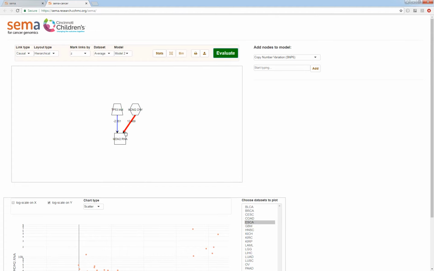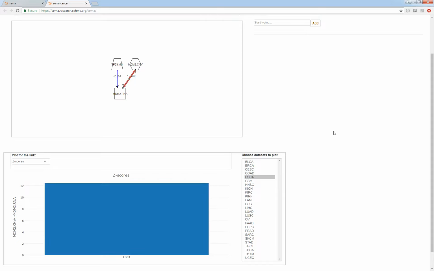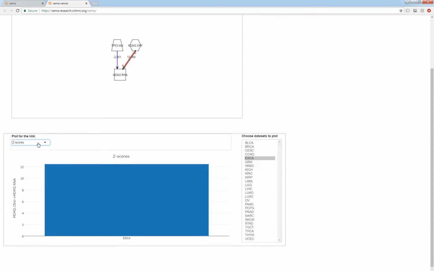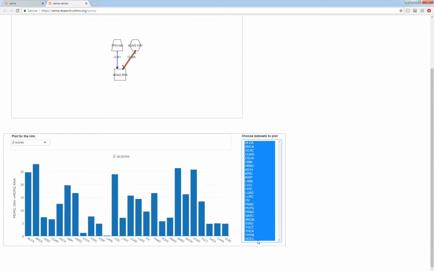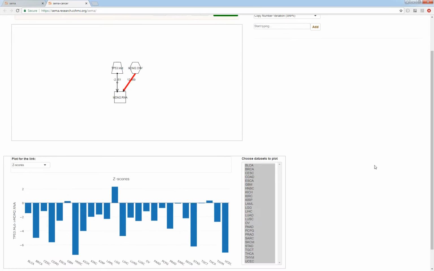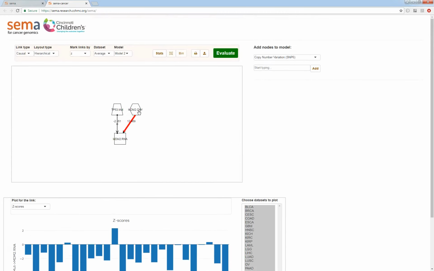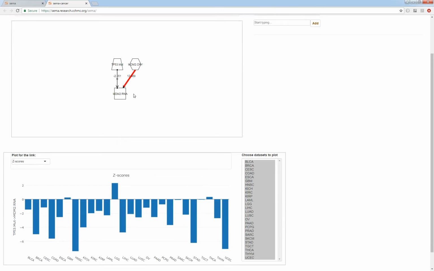So obviously, you can see from the thick red line that the MDM2 copy numbers significantly contribute to MDM2 RNA levels, as you also see in the individual data plots. So with the z-scores, this is kind of obvious. So let's see if the contribution of p53 changed after factoring in MDM2. It's not as strong as it used to be before we added MDM2 copy numbers, because now the